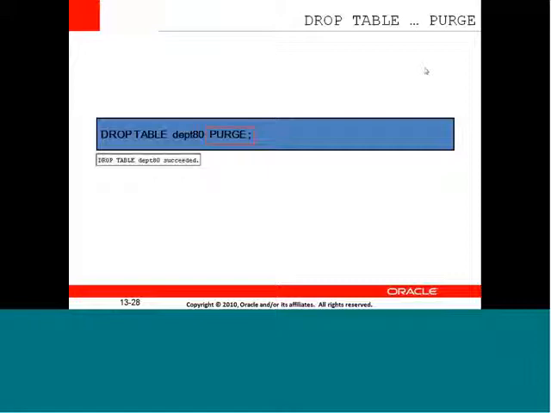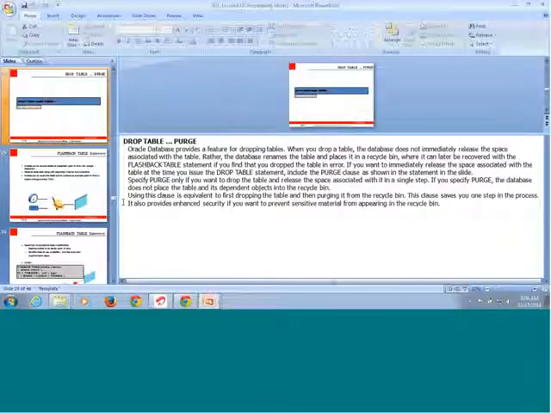In the next lesson, we shall be looking into flashback. There is a scope of having a dropped table recovered with the help of the recycle bin. The recycle bin is going to restore the value which has been dropped. That is quite similar to the way we drop the value. And the purge clause is equivalent to first dropping the table and then purging it from the recycle bin. That is, we are dropping it, and otherwise we have the scope of recovering that dropped table.